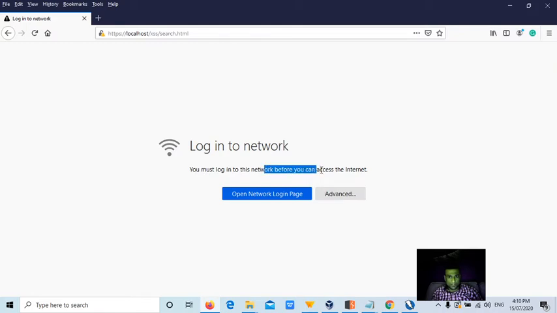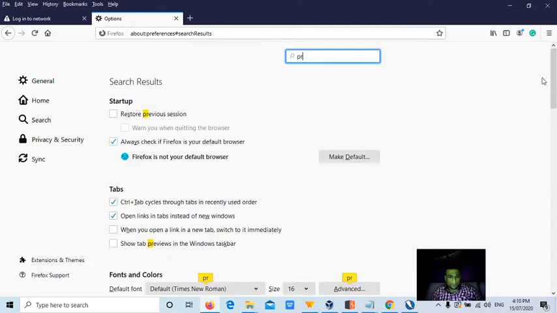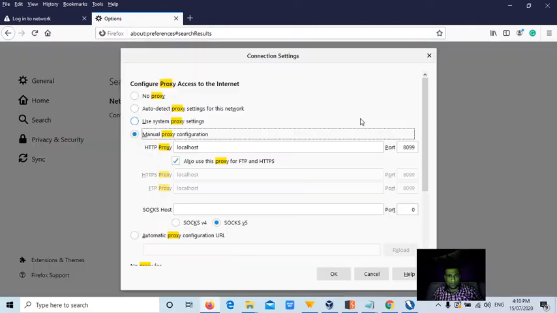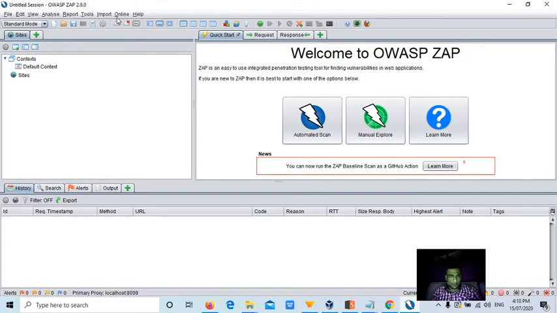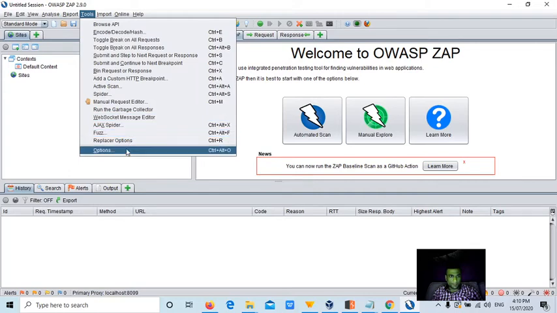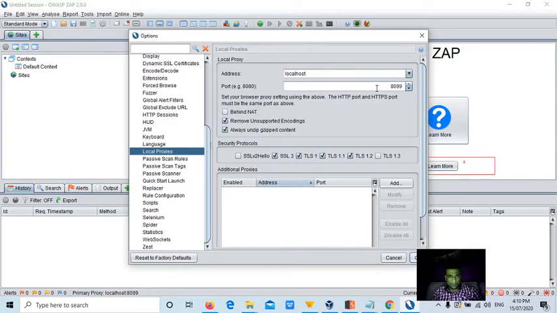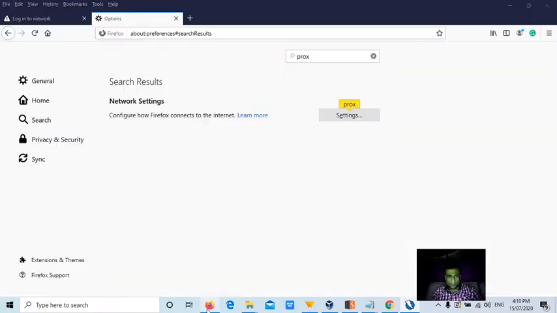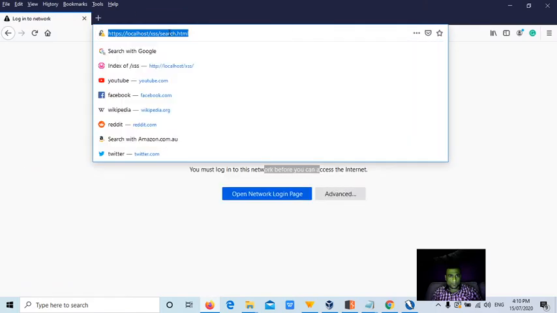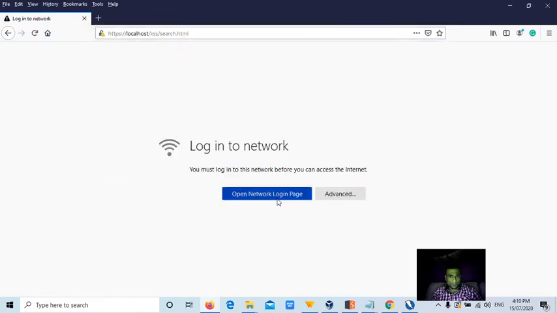You must log on to network before you can access the network. Something. Maybe the port related issues. I'll give some other number, guys. Let me see, 7676. Open network login page.